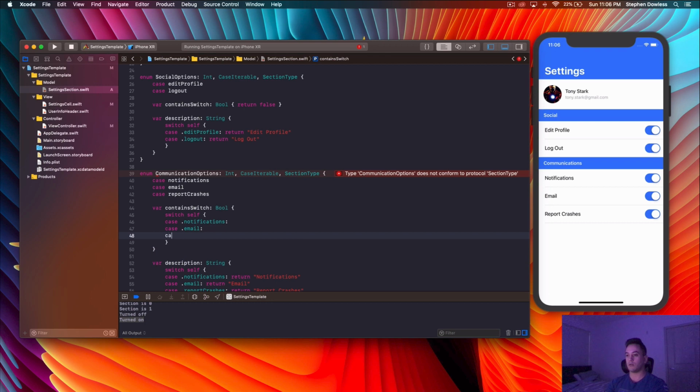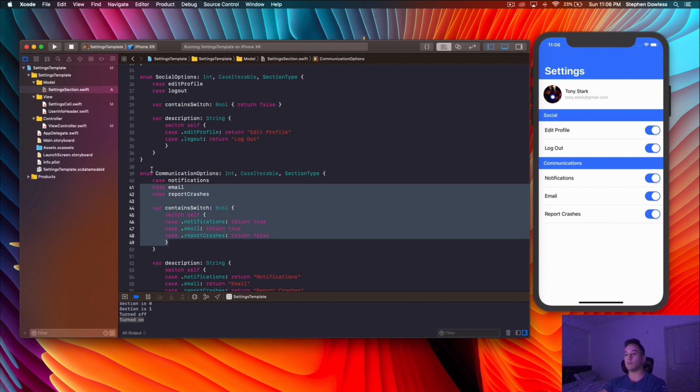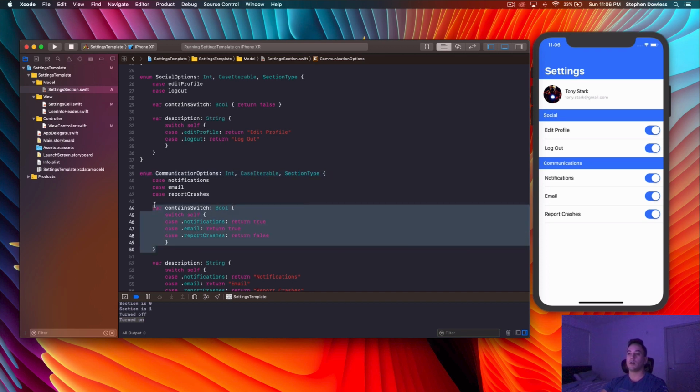case .email, case .reportCrashes. And for reportCrashes, for the sake of learning or seeing how this works, let's return false. And then here we'll say return true. And here we'll say return true. So this is going to add our switch control to our notifications and our email cells, but not our reportCrashes case. So now how do we implement this to check and see what's up with this containsSwitch